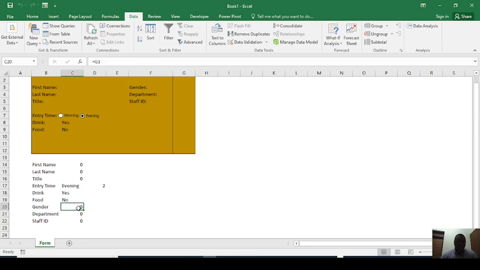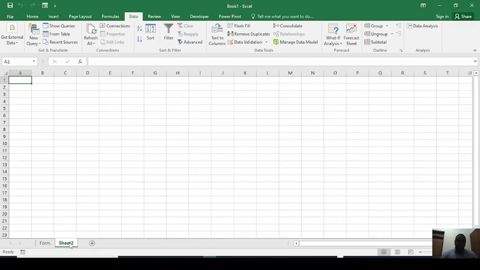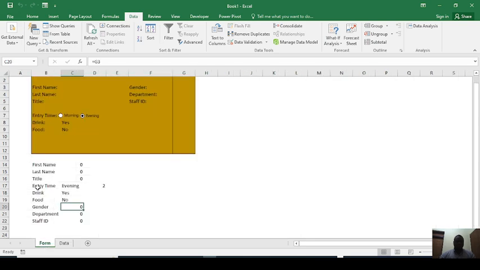The next thing for us is to create a database. The database is majorly to record all the information that will be entered into the form. That's the purpose of it. So what we do now, we'll copy